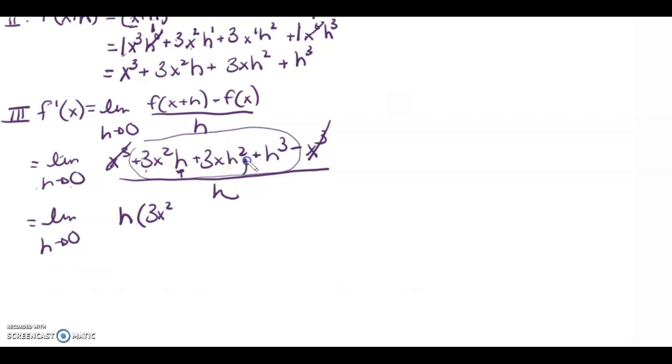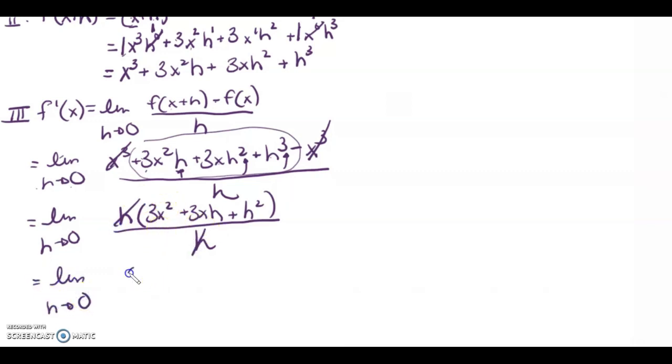If we factor out one of these h's, we're left with 3xh. And we factor out one of these h's here, we're left with h squared. Okay, all over h. So let's cancel out the h's, and we got the limit as h approaches 0 of 3x squared plus 3xh